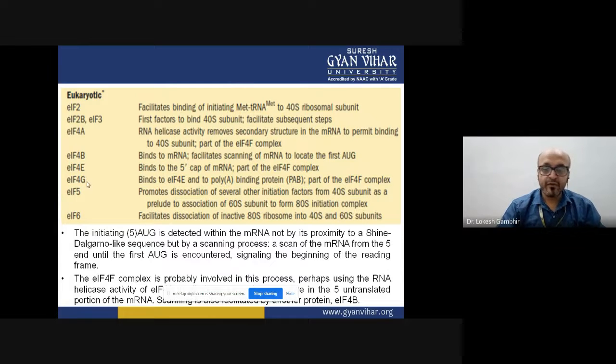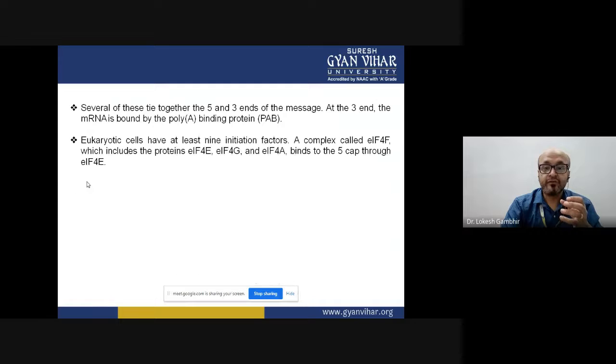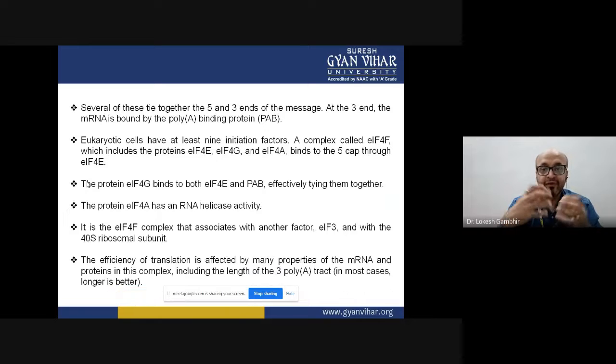Now this is all about the roles that are being played by the initiation factors, and how these initiation factors bring about the different activities that are required in order to have an efficient translation. The efficiency of any translation process depends on multiple properties. It majorly depends on what the mRNA is coding, how complex the protein will be, what the length of the coding protein is, and also what the length of the polyA-tail is. In the majority of cases, the longer the polyA-tail, the better the efficiency.